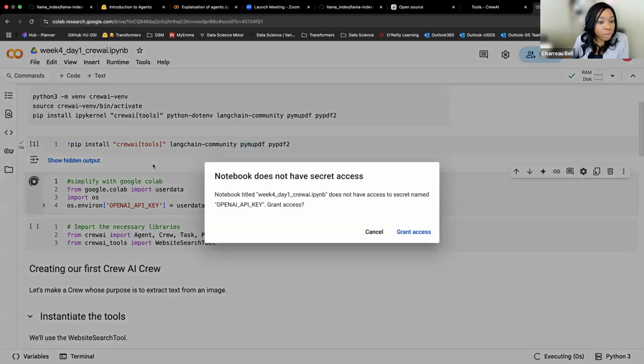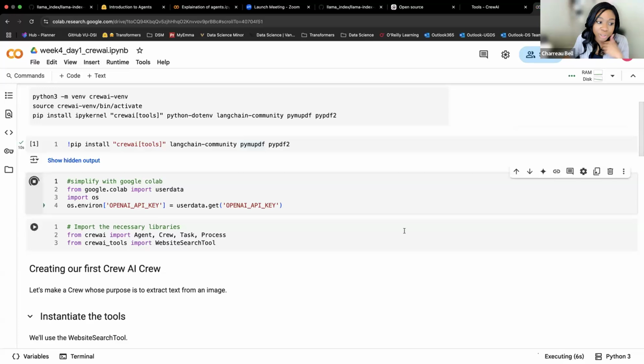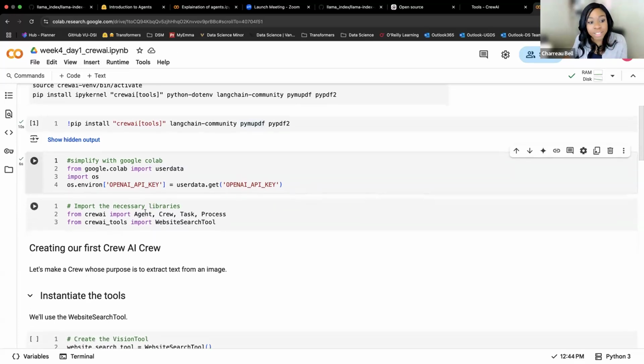So now we're going to use the OpenAI API key. And it's basically saying, hey, you didn't give me access to this. Could you give me access? We're going to say, yeah, totally fine. And we're going to do our regular Python stuff of implementing the libraries. If we were to go and look at their API documentation a little bit more, we would see something that looks just like this.